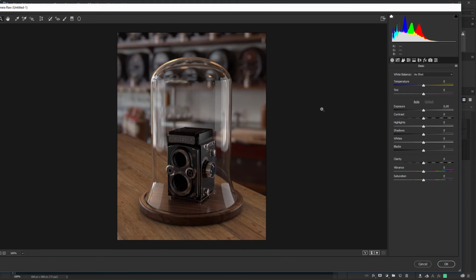Make it 100%. And the first I do most is this clarity. Give a little bit clarity, and you will see here the render is so nice, the render is so sharp, you almost don't need the clarity. That's too much, of course, but that's okay like this. Okay,